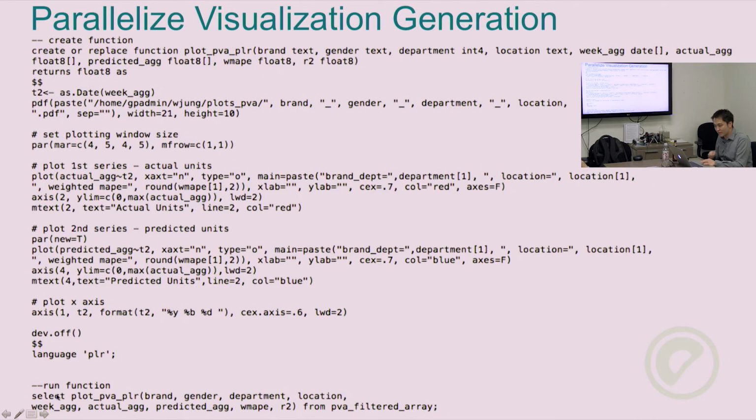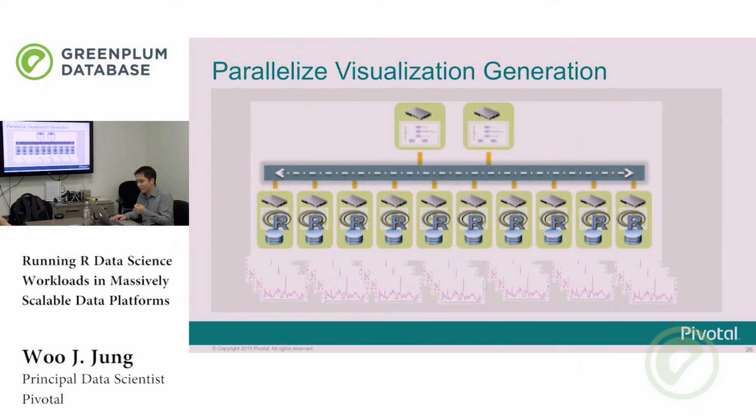And then the magic happens when you run the function, where you say, hey, run this plot PVA PLR function for each of the grouping parameters that we're interested in, and then store the results as PDF files on each segment. Here's a visual aid that captures what this workflow is doing, right? We have PLR installed on a Greenplum cluster, and in parallel, we're generating these PDF files on each segment